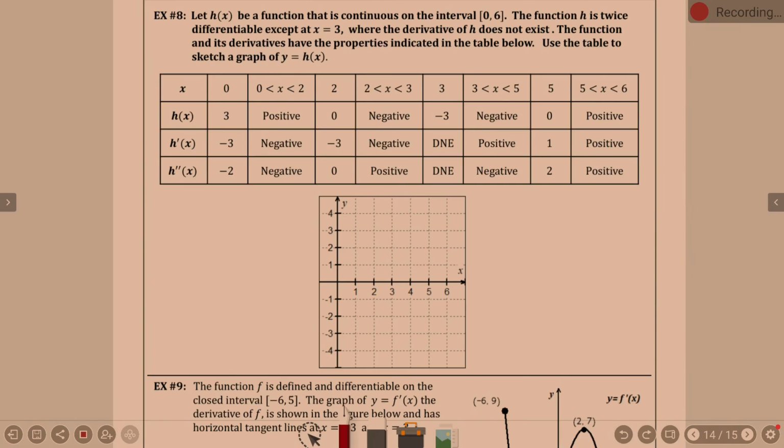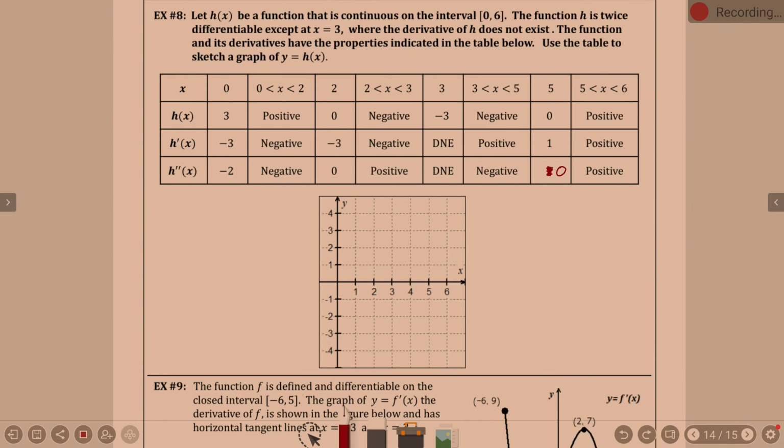Okay, now, before we proceed, there's a typo here. This 2 is supposed to be a 0. I was really confused trying to do this problem because I could not get that to work out until I looked back at the originals. So, okay. H is a function continuous over the interval 0 to 6, twice differentiable, except at x equals